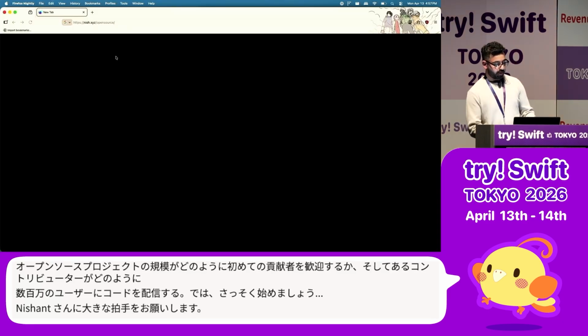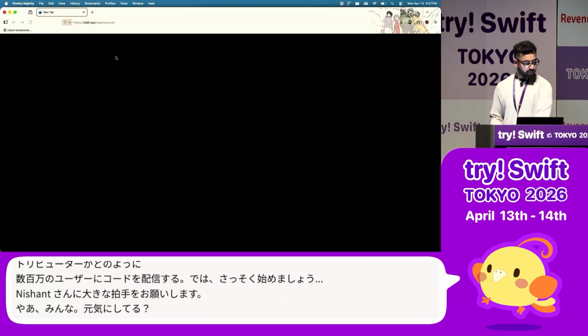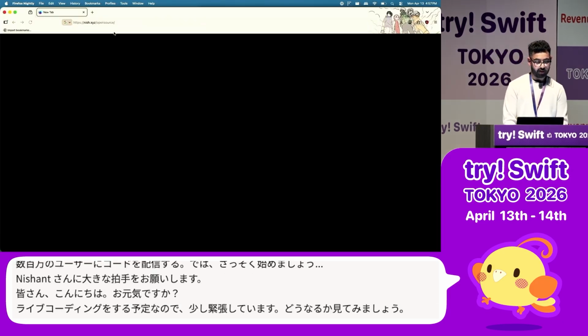I'm a little nervous because I'll be doing some live coding, so we'll see how that goes. And we'll talk about open source at scale. But before we go,